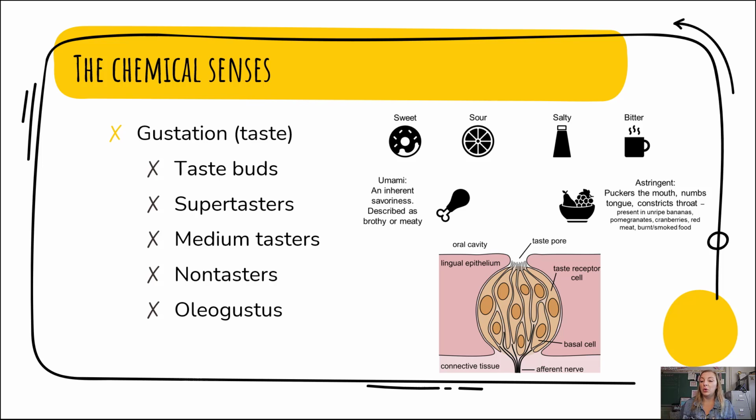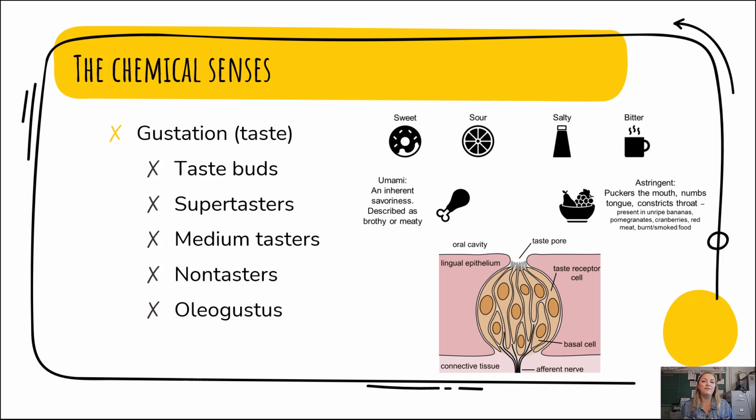We do have people who are known as super tasters, and these are individuals with more papillae, therefore more taste buds on their tongue. Super tasters are going to perceive taste in a much more intense way than someone like a medium taster who has the average taste perception. There are also people who are considered non-tasters. Non-tasters have a lower than average taste perception. It's not that they don't taste at all, it's just their perception is a lot lower than someone who has more papillae or more taste buds.